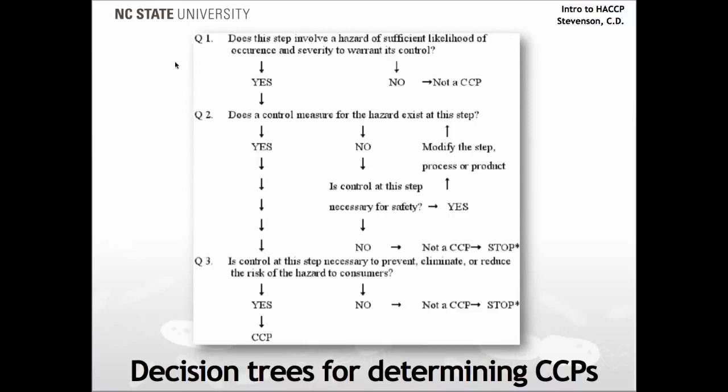Using this decision tree is very simple. We start with the first question. Does this step involve a hazard of sufficient likelihood of occurrence and severity to warrant its control? If the answer to this question is no, then it is not a critical control point. However, if the answer to this question is yes, we proceed to question 2. Question 2 asks, does a control measure for the hazard exist at this step? So again, we answer this question, and this decision tree helps us to determine whether we need a critical control point at this step. If the answer to this question is yes, then we go ahead to question number 3,